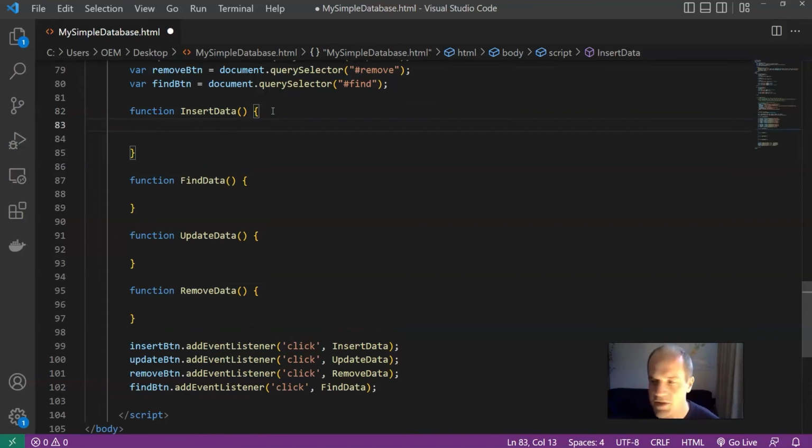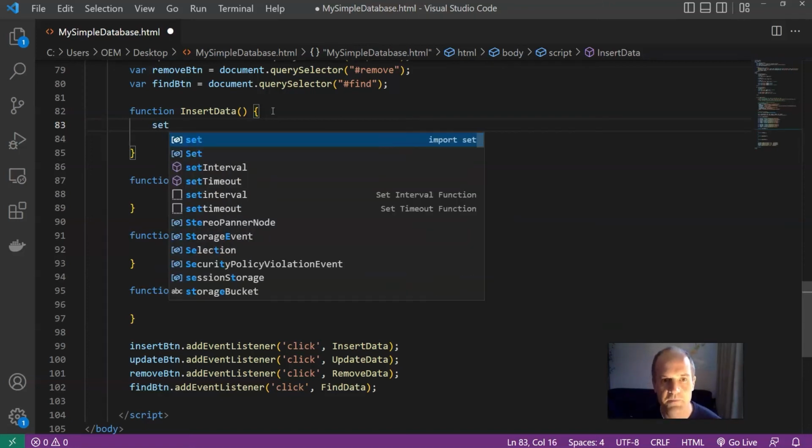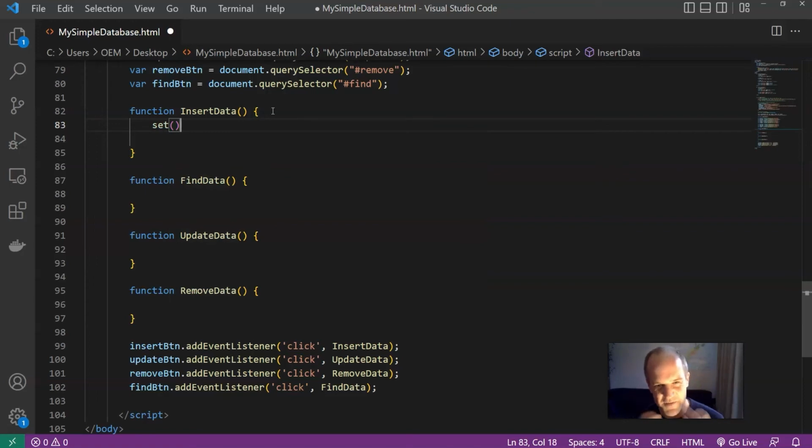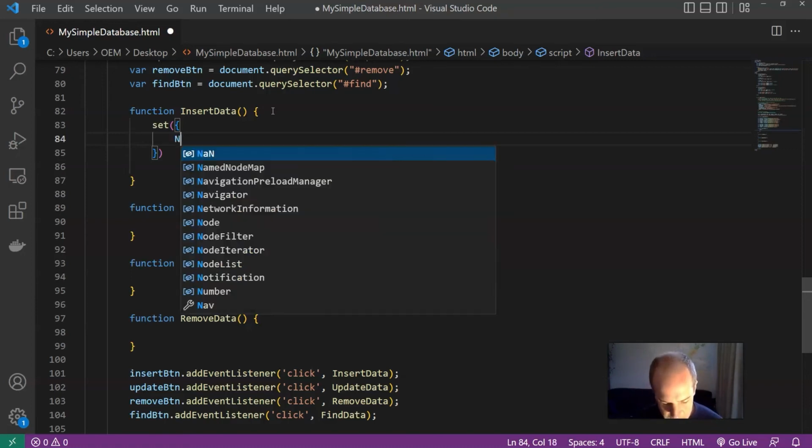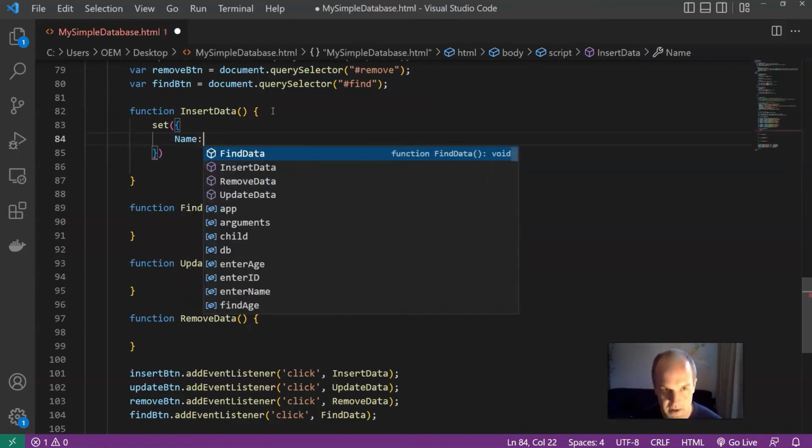So when I want to insert data, what I'm going to do is use the set method that I've imported from Firebase to set or put the data into the database. So inside the set function here, or method, or whatever we call it, I'm going to put a data structure in here. So I'm going to put the curly brackets in there for the data that I want to put in. And I'm going to put in the person's name. So name, colon,